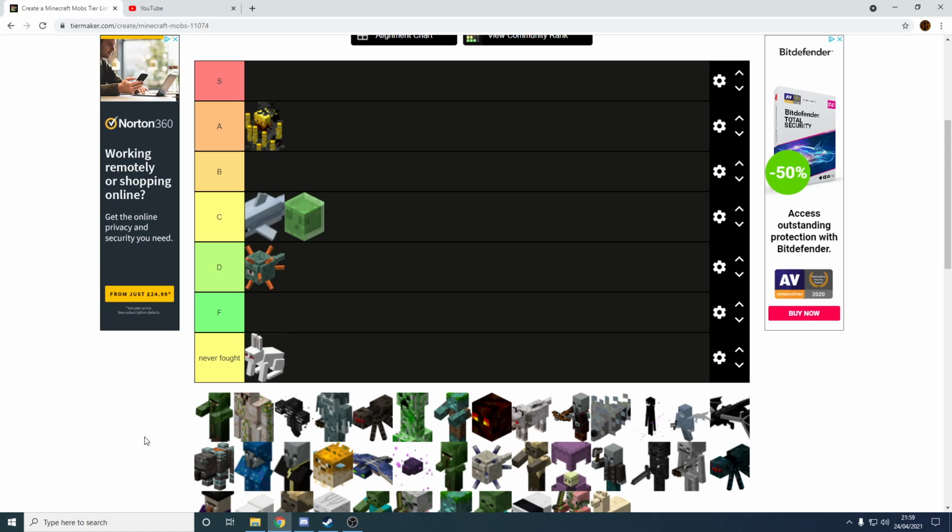Though I'm pretty sure that wasn't always a thing. I think it's only a recent thing. Yeah, I'm pretty sure it came with the new village trade update, which this does include, 1.14 obviously, because there's 1.14 mobs here. So...